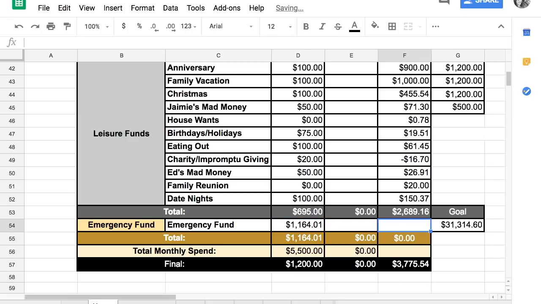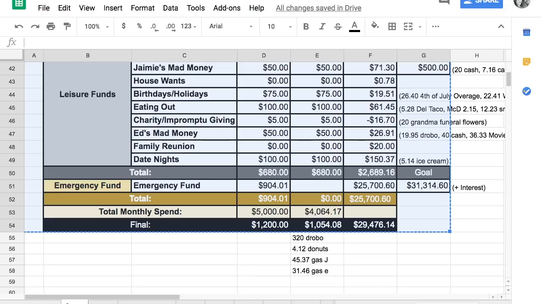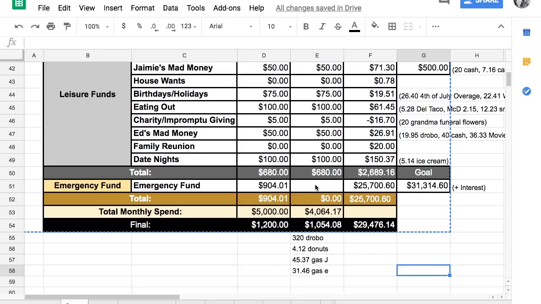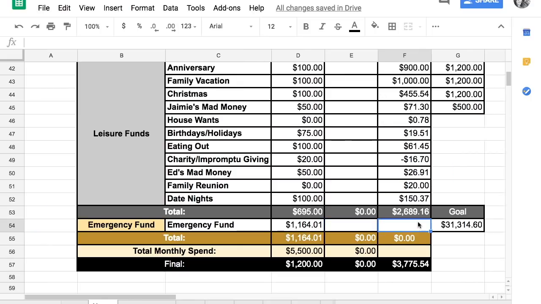I'm going to actually take this number off right here that's in our emergency fund right now because October is not yet finished, and I'm going to click over into the October tab, and my husband actually gets paid tomorrow, and we will be putting money into that emergency fund, so that amount will increase. So I'll put the higher number in here after I have done our Fund Filling Friday to see how much money we can go ahead and put into our emergency fund.